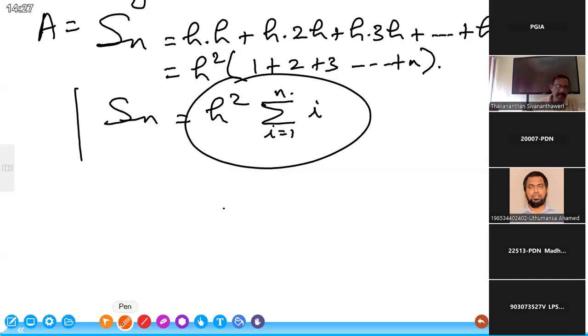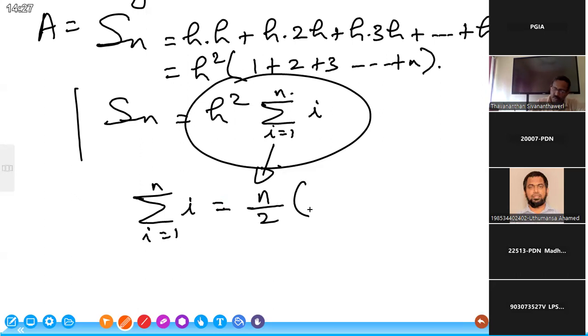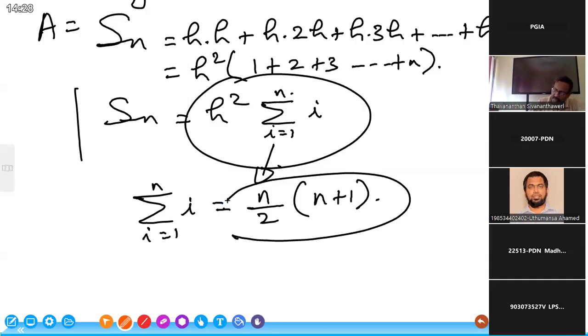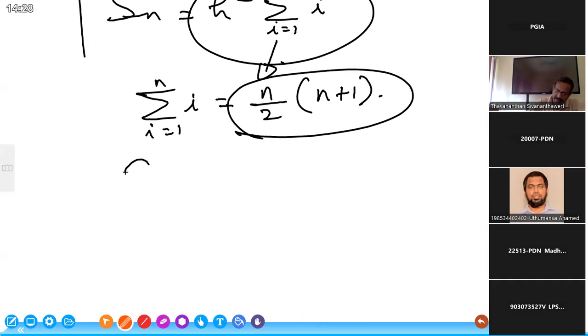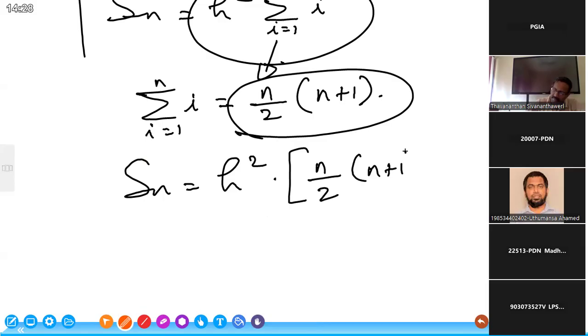So this summation of i, where i is from 1 to n, in the series, can be said as n by 2 into n plus 1 in a simple form, right? So we can substitute this instead of that. So we could say capital Sn is equal to h square into n by 2 into n plus 1,